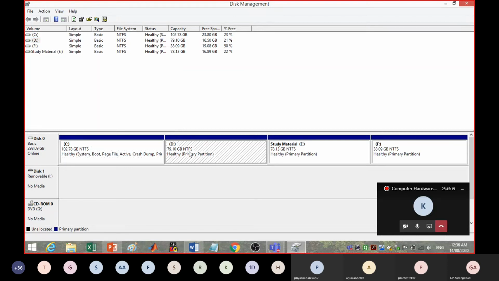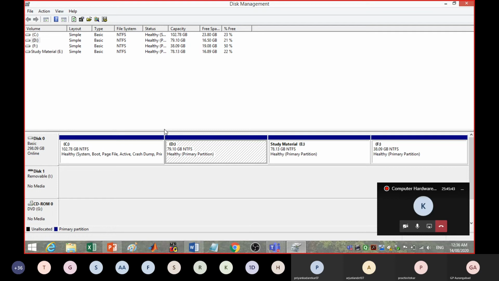But if I select the D drive as a partition, and these are the partitions you create during installation of the operating system, and later on if you want to resize, split, etc., all these operations are possible by using this disk management feature, or there can be good tools which you can also use for these purposes.